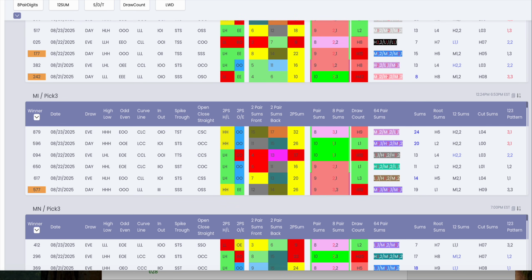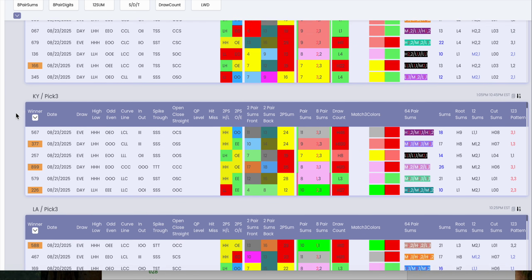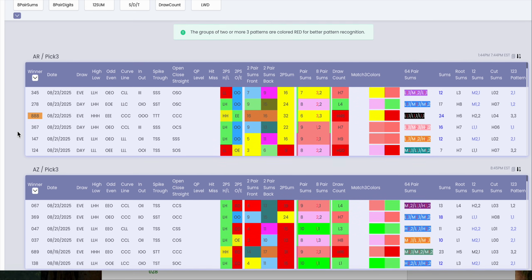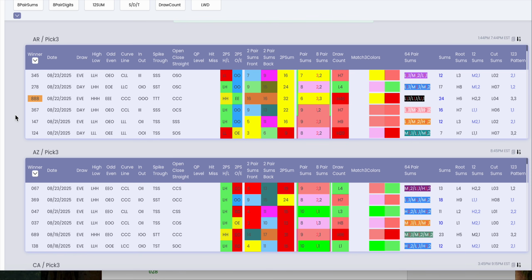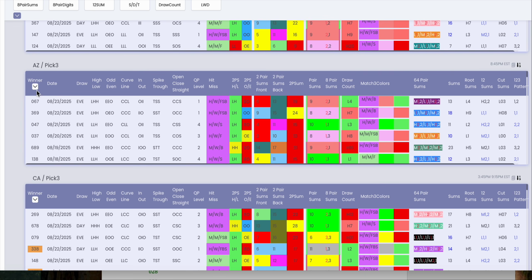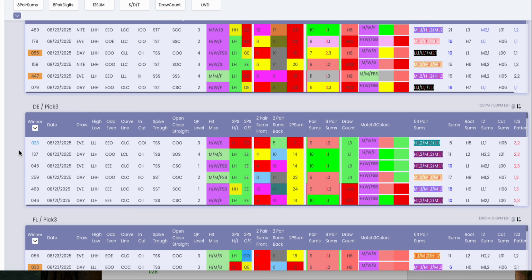The majority of the time, let me change this to box. The majority of the time, the doubles is going to come out within 6 draws. Look at that. In the majority of the states, you know that the double is going to come out. Look, a triple came out there. When you see a state like this with nothing within 6 draws, high probability it's going to hit a double soon. See, look, doubles within 6 draws.